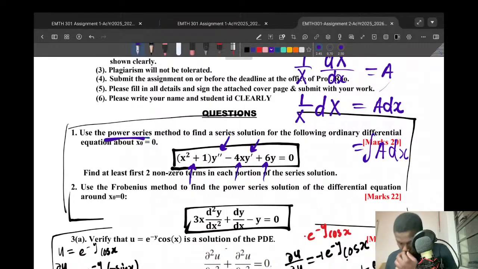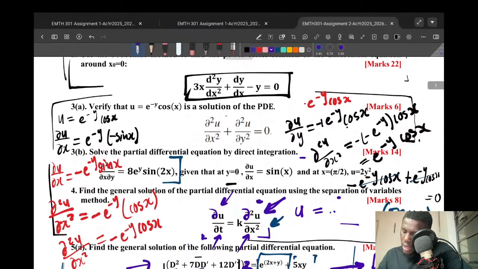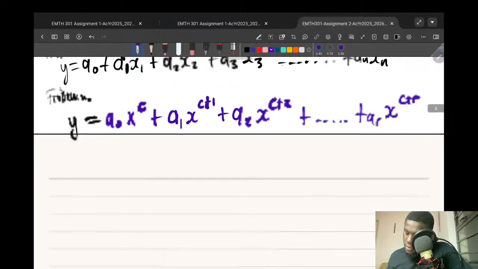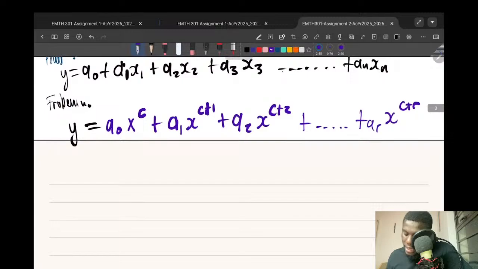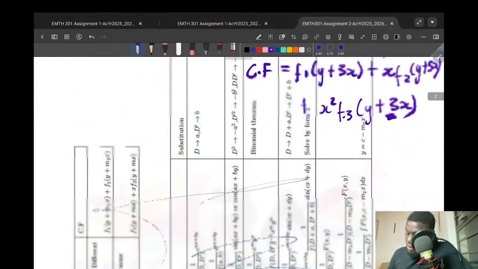We are going to put the solutions in and find out what this is going to be. And that's how we do it. Let's do it. It shouldn't take us time. So we have y, we're starting with the power series. Let's find y prime prime and y prime, then we can do the rest. This is my y. I'm starting with the power series, so I'll just go y is equal to a0 plus